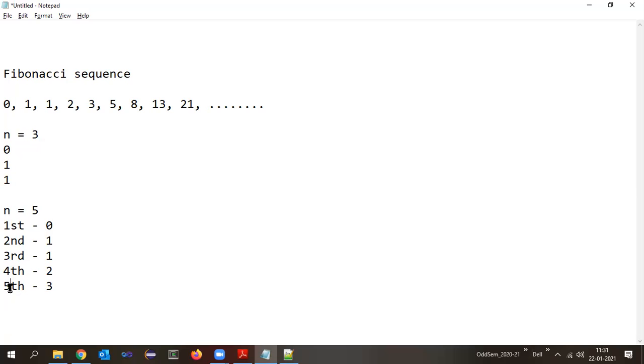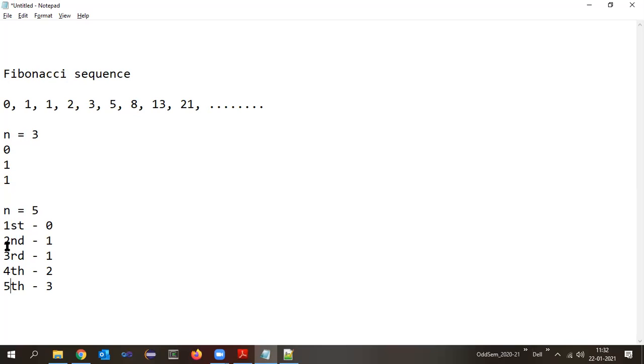But the problem here is, what is the first number for the for loop, right? Among these, do I know the first number? Do I know the second number? Right? The next number is what? The third number. Is it readily available with me or should I calculate it? Where am I going to calculate it? Inside the loop, right? So inside the loop, I am going to calculate the third number.